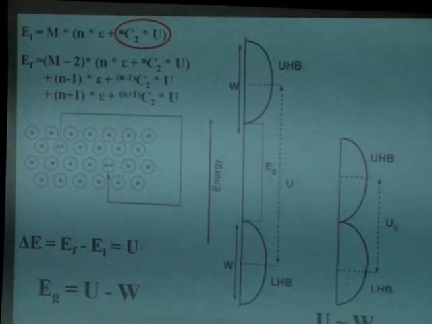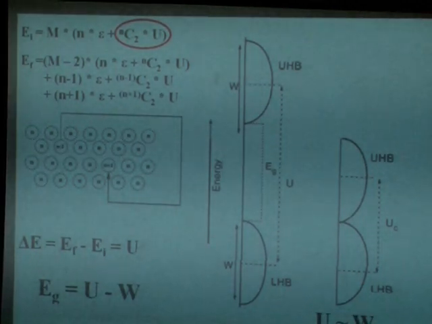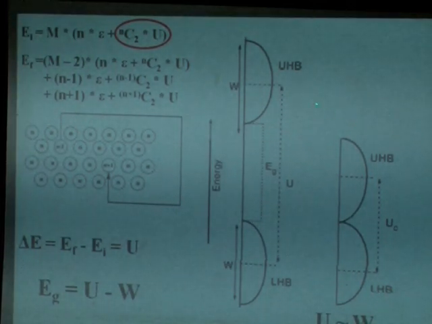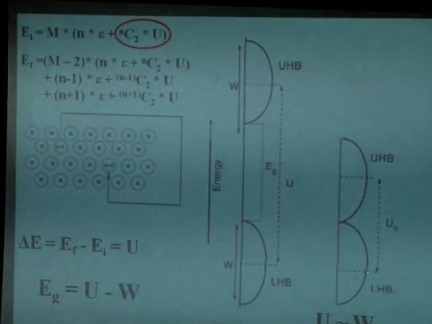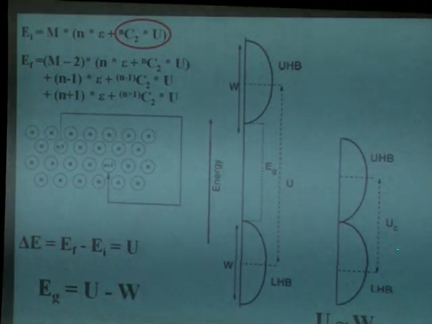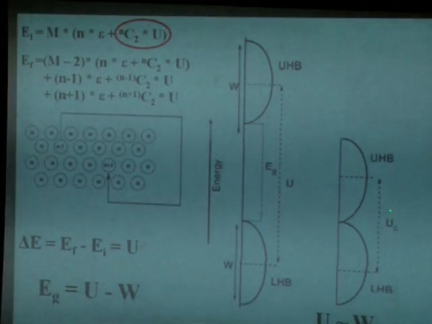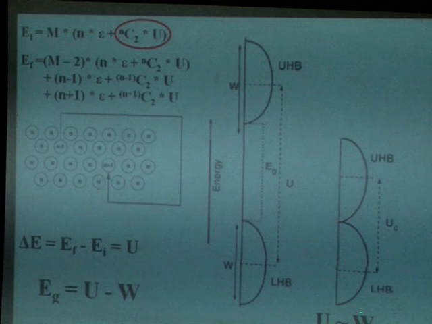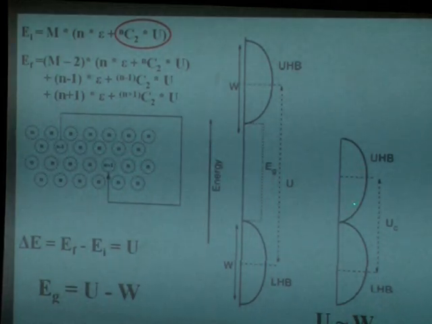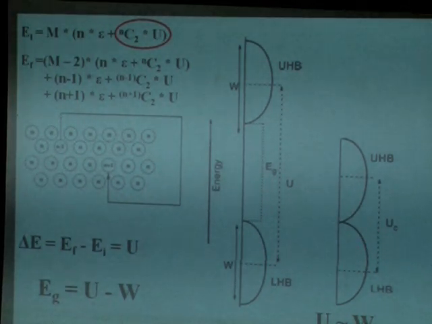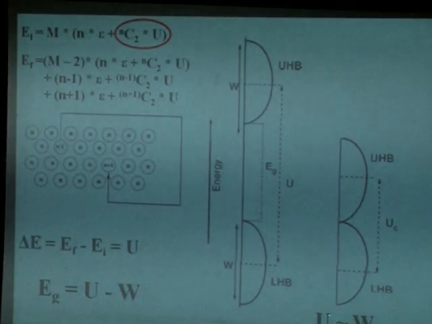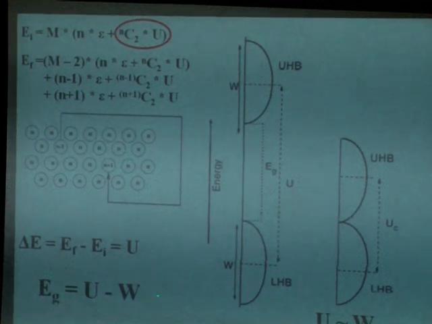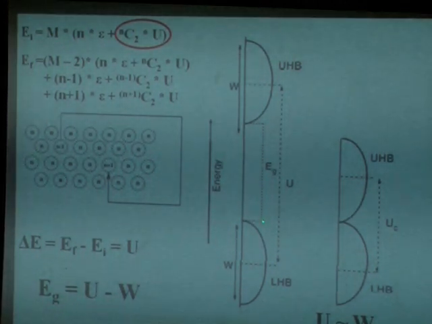So if U becomes equal to W, then you can see that these will touch each other, because this is W by 2, this is W by 2, and that's U. So that's a critical U value. If the U value becomes smaller than W, these two will overlap. This was unoccupied, this is occupied, so the system becomes metallic. And if U is larger than W, then I have a gap, because U minus W is positive, that means there's a gap in between. That means the system is